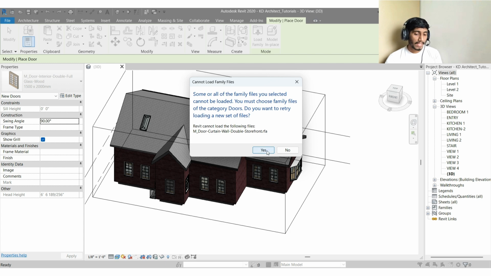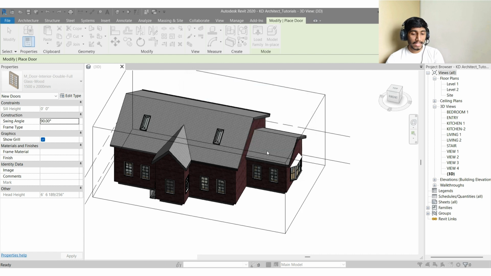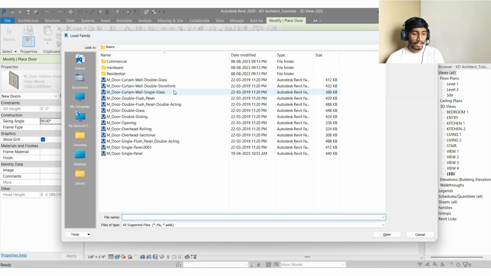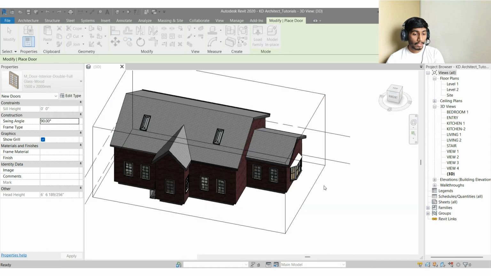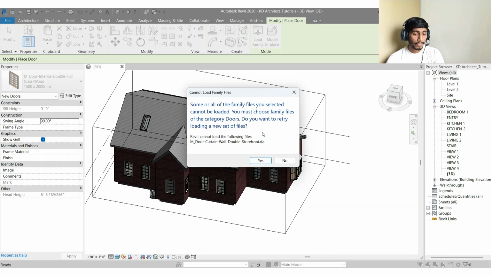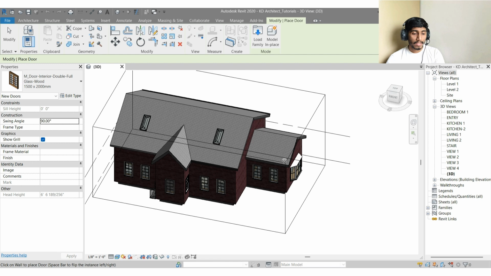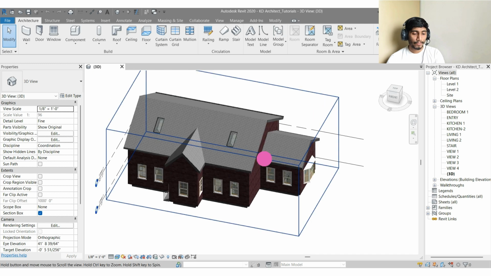If I select yes, then again the family dialog box will open. I'm selecting yes. From here I just want to add this family, but I'm not able to load this family into the project from Revit. Now, if we select no over here, then the process will close. But what is the solution to this issue? So let's talk about that.